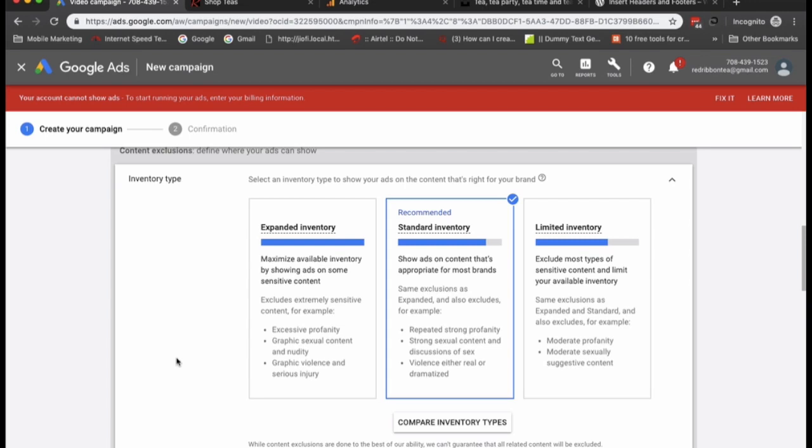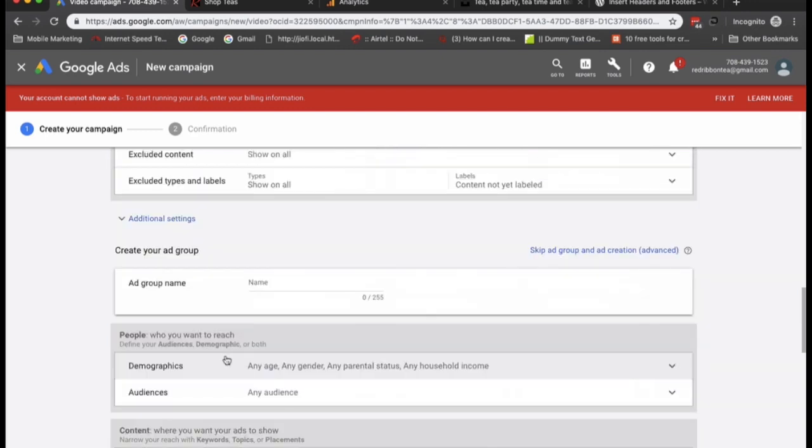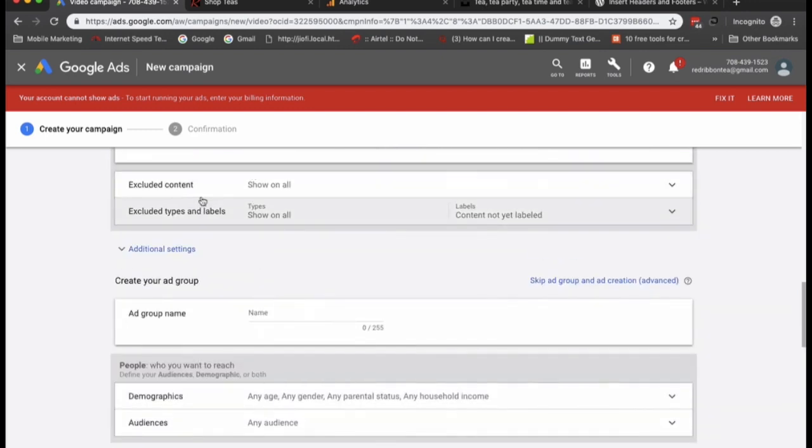So the first one being expanded inventory, where, as you see on screen, excessive profanity, graphic, sexual content and nudity is applicable. In standard inventory, you have repeated strong profanity, violence, either real or dramatized. So the last one is limited. So you could choose based on the sensitivity of your ad.